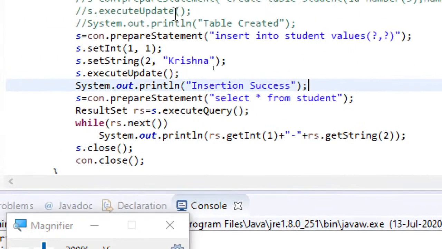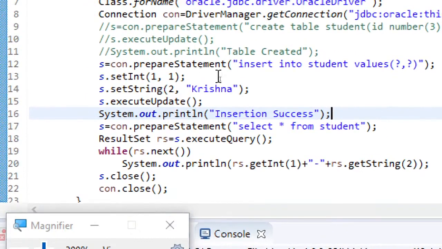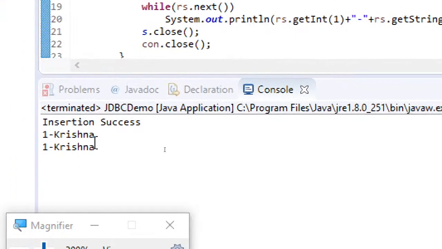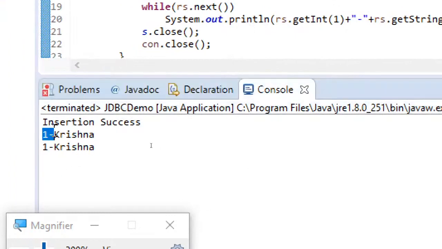Now when I am running the second time, again the same record is getting inserted, because we haven't set any restrictions, that is I haven't used any keys now. That's the reason again this second time also this particular roll number 1 and Krishna are getting inserted into the table, and that's why you are getting it displayed twice, with the roll number, the separator which I have used in the print, and then the name.